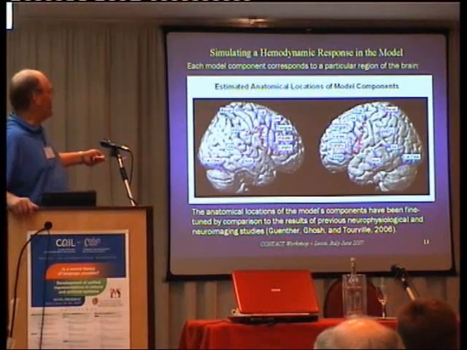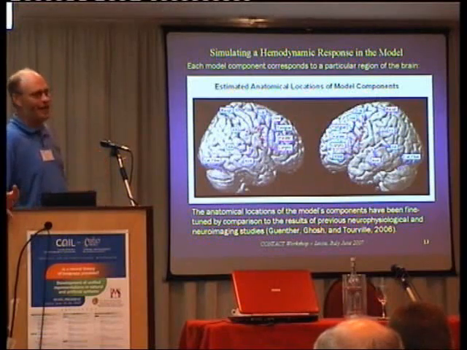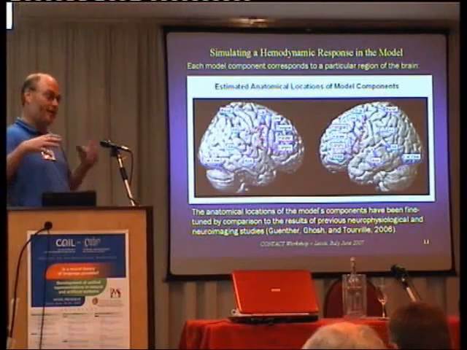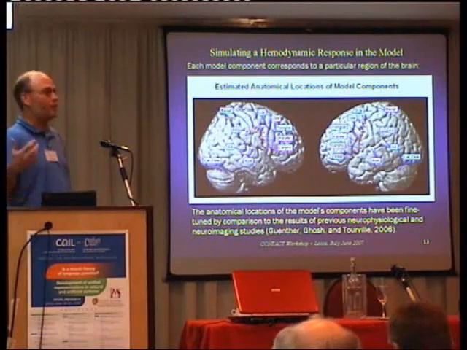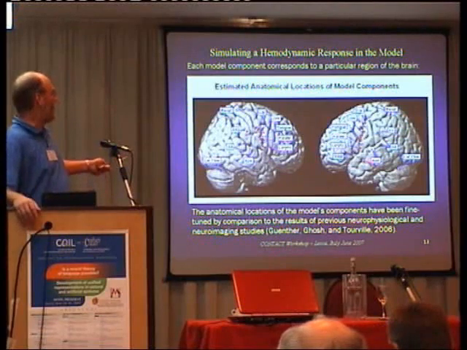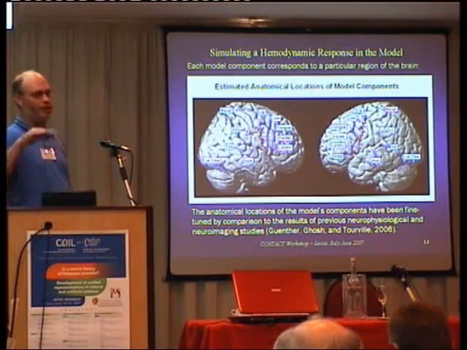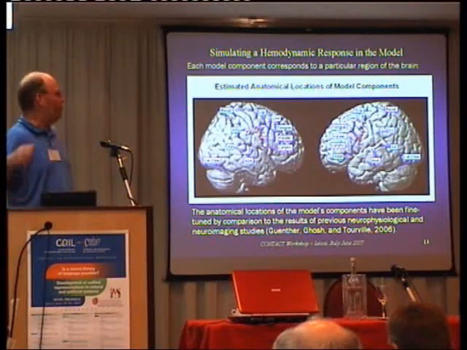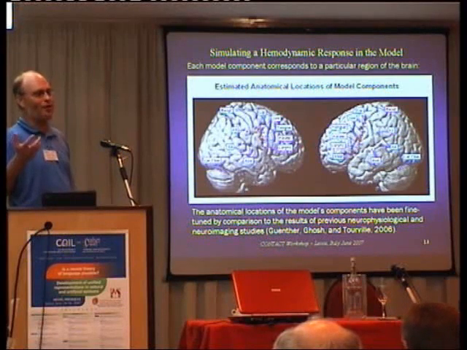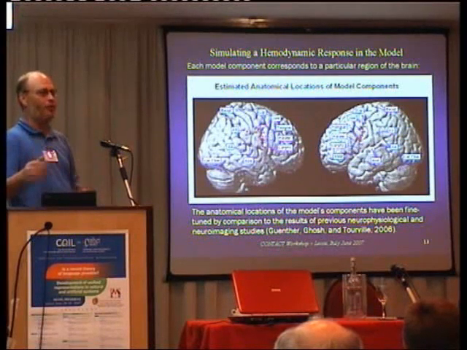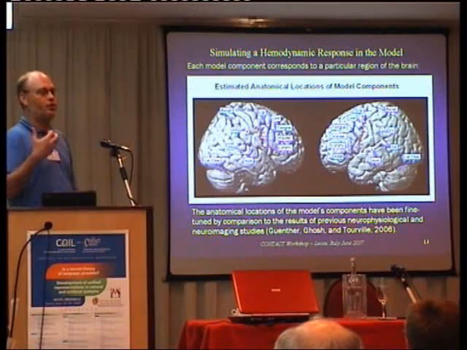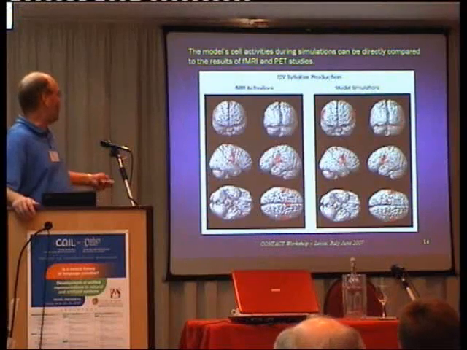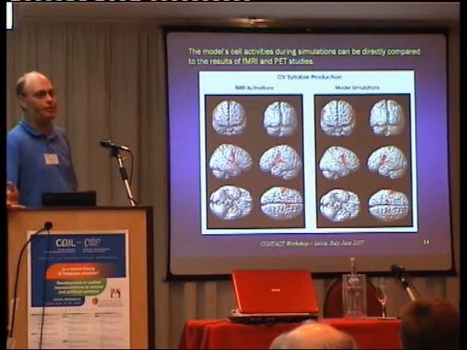So once we've localized each of the components of the model to the cerebral cortex in a standard stereotactic frame, now it's quite easy to compare the results of our computer simulations, the activities of the neurons during the simulations, to fMRI results and PET results. And all we do is we take the neural activity, which we think of as the membrane potential of the neuron, we run it through a hemodynamic response function, which basically gives us a simulated blood flow, and we use that simulated blood flow to determine when there's more flow in one condition versus another. And we can plot it on the brain like we did over here, just like the results of an fMRI